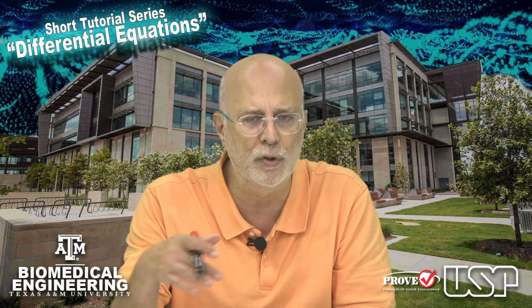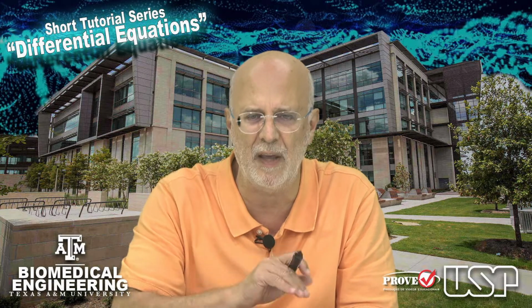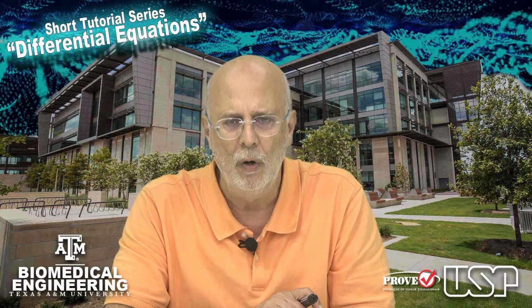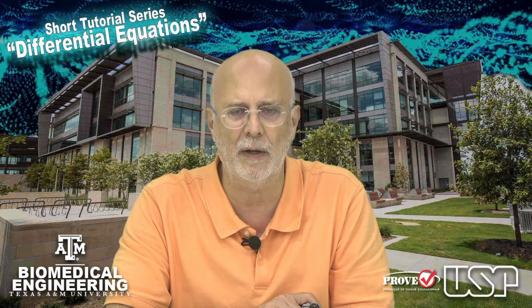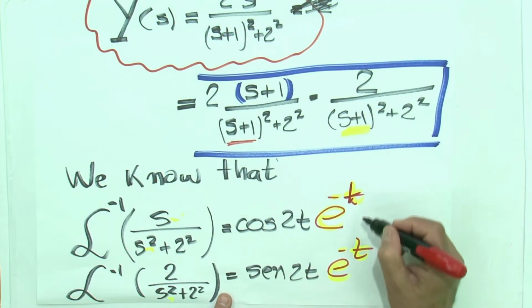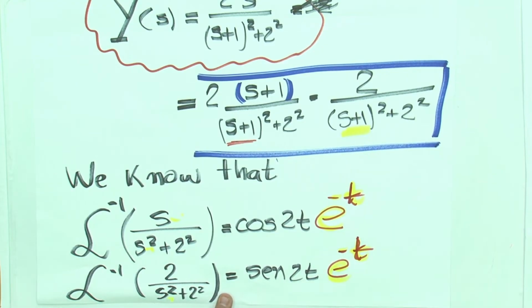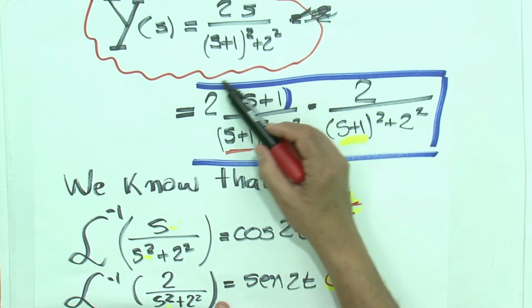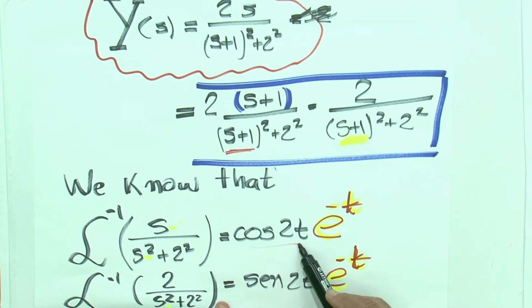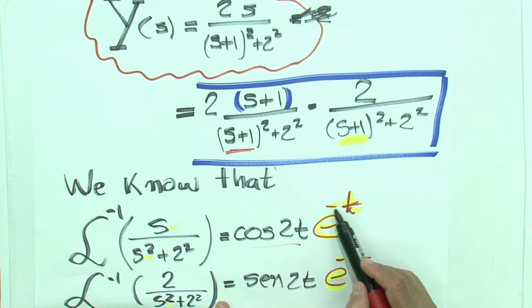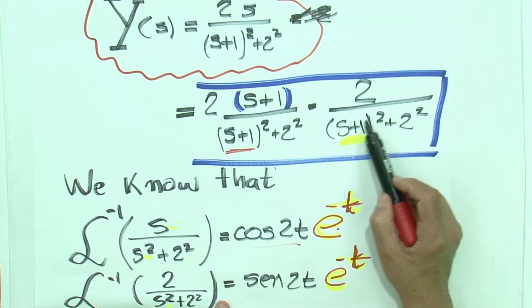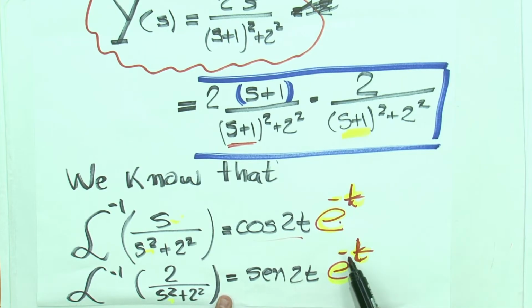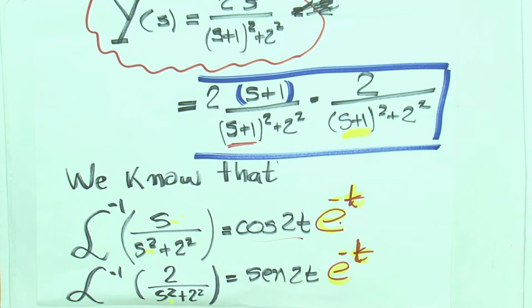We did not deduce all these because these are in books and everything, you know. You can use it with big security. We are not telling you a lie, so it's fine. You can use it. And so you identify that this is the cosine times the exponential minus t. And this is the sine times the exponential minus t, because the s is also displaced by 1.